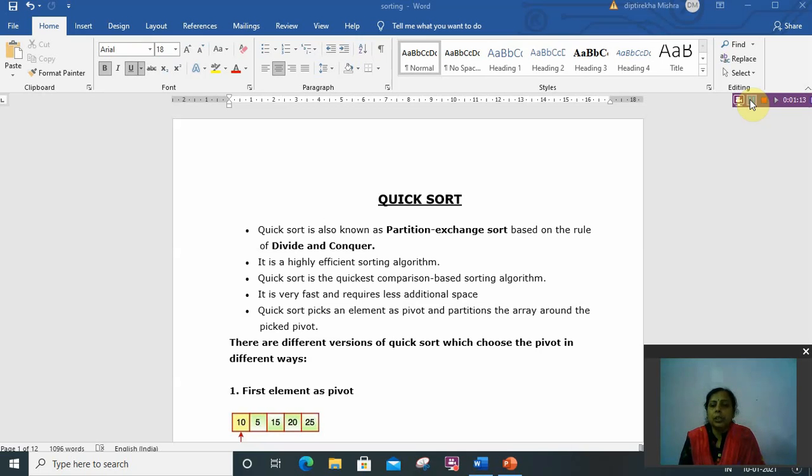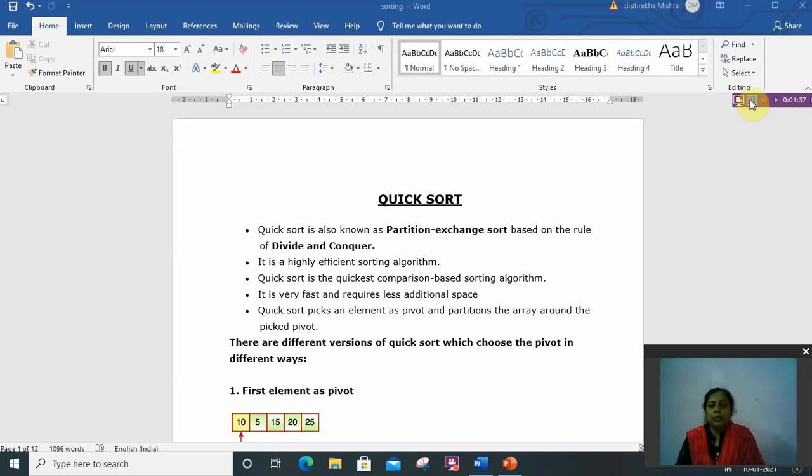Actually, quick sort picks an element as pivot element and partitions the array around the picked pivot element. Means it first arranges the pivot element in its exact place: towards the left the elements are smaller than the pivot element, and towards the right all the elements are greater than the pivot element.